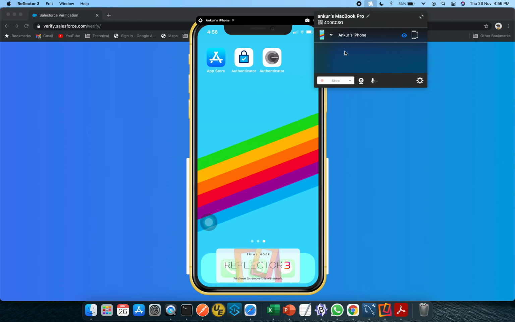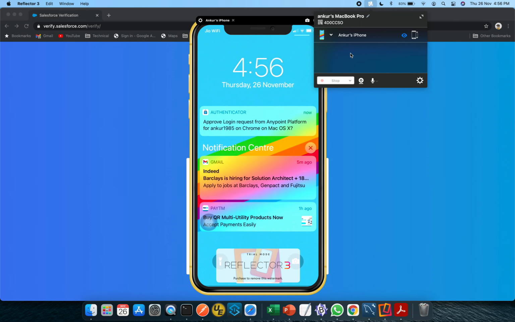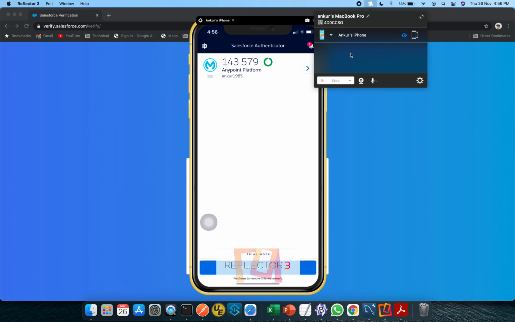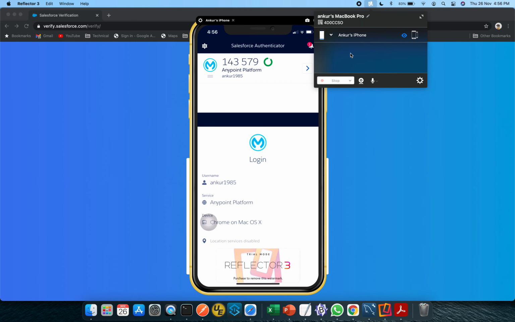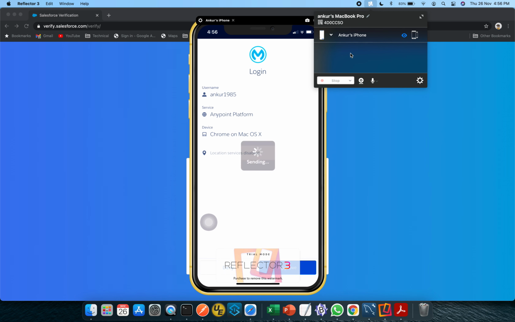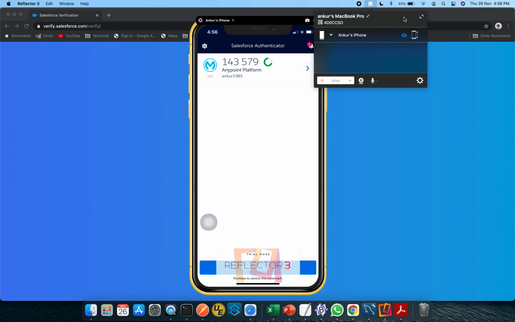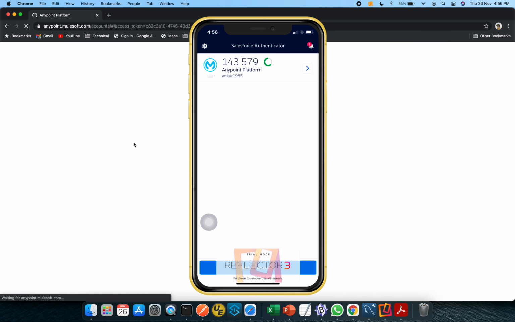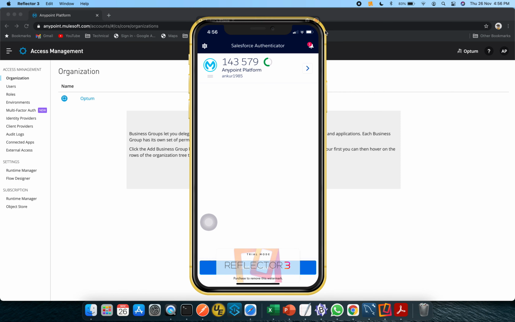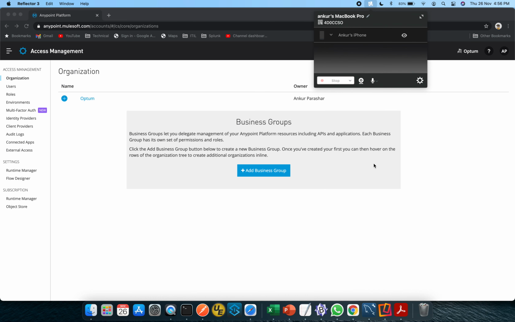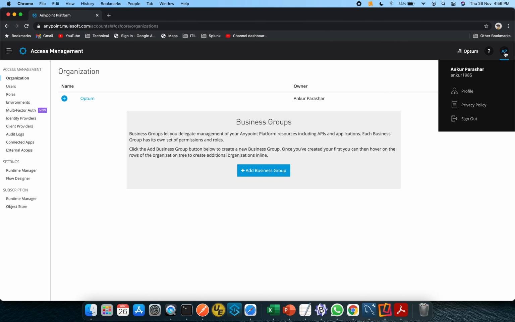On the prompt it is giving me the option to approve the login. So I will approve it. So in the background you can see I am able to log into my Anypoint platform. So this was the main crux of using the Salesforce Authenticator.